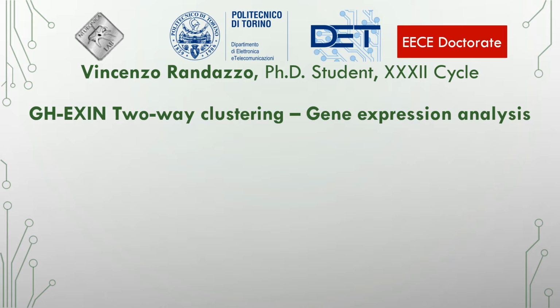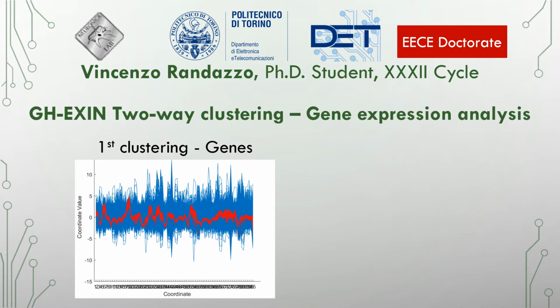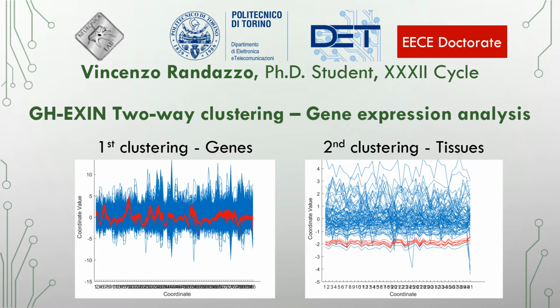GHX has been applied to two-way cluster the gene expression dataset. Considering the very large number of genes, the first hierarchical clustering is in this space. The figure you see on the left shows the parallel coordinate plot, visualizing genes and samples, or rather tissues, as featured on a leaf of GHX in the gene space. Blue polylines represent all genes available in the dataset, while red polylines stand for genes collected in the gene cluster. The red grouping of polylines shows coherency, thus confirming the quality of gene clustering. A similar validation analysis is used after the second clustering in the tissue space, as you can see on the right. Even in this case, red groupings show coherency, confirming the validity of the approach.